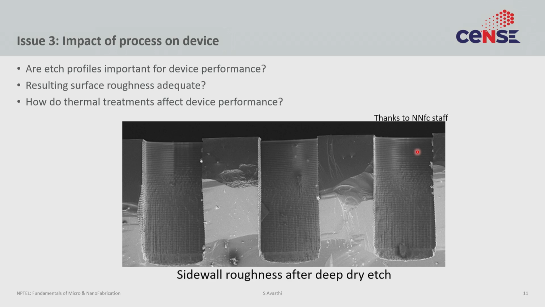Now the question here is whether this surface roughness is important to you or not. If you're making a mechanical MEMS device, maybe not so much. But if you're making a laser, or a silicon photonic waveguide, then this roughness is problematic because it will scatter light and reduce the efficiency of your device. So then you cannot tolerate it. So what can you do? Maybe you should not use DRIE. Maybe you should use RIE, or maybe you should use wet etch. If you have to go deep, maybe you should use a combination of DRIE and wet etch to smoothen the surface, right? So it's not as rough anymore.